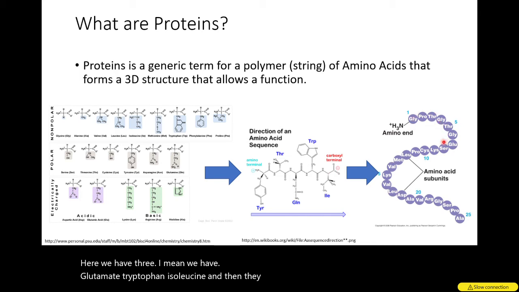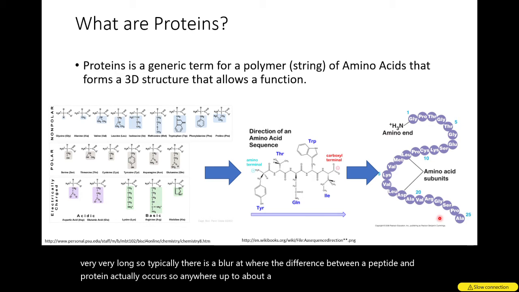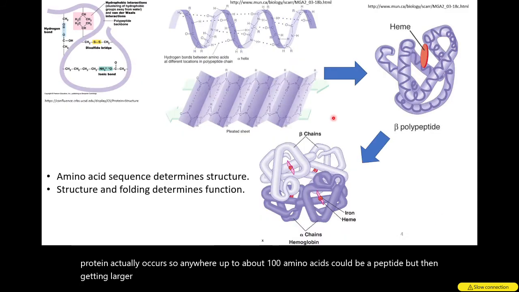These things can be very, very long. So typically there is a blur at where the difference between a peptide and a protein actually occurs. So anywhere up to about 100 amino acids could be a peptide, but then getting larger and larger, they become a protein. So these amino acid strings then